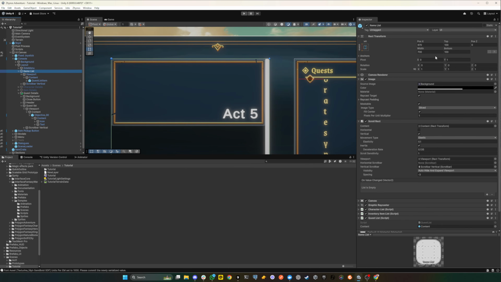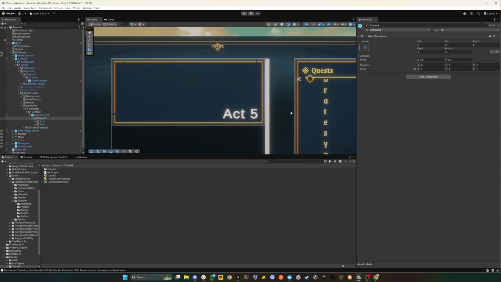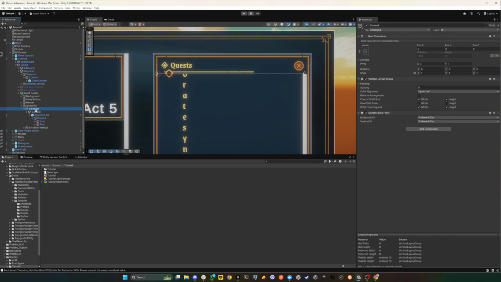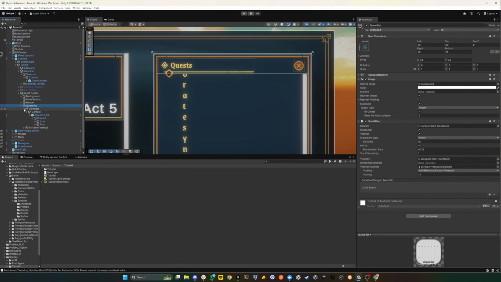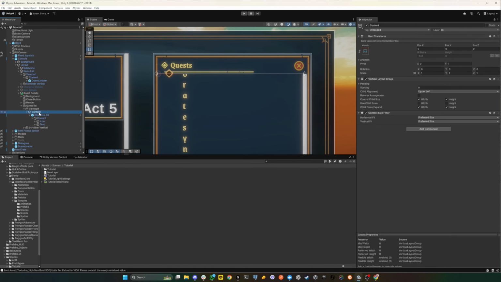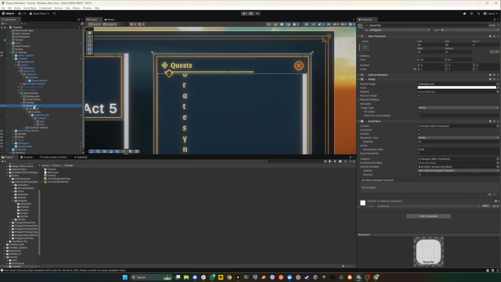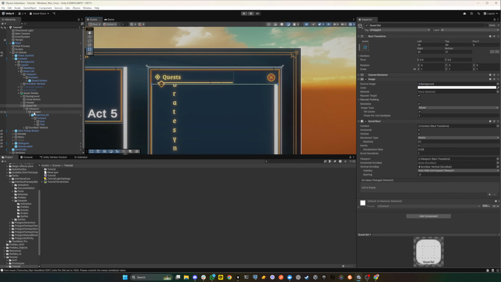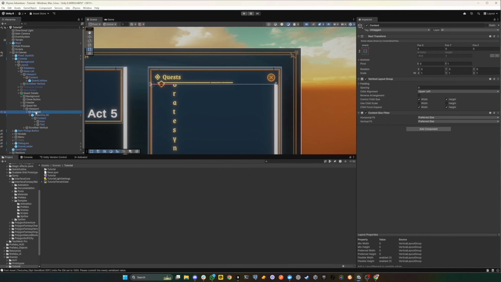Oh, the parent actually had the width set. Okay, so I might have to do the same here. So it would be this one. That's weird because this one is set to be expanding. So the content